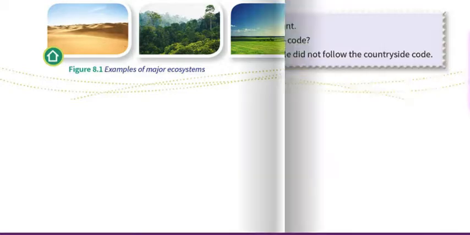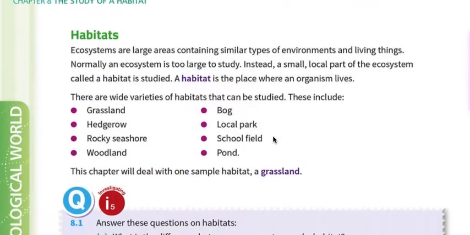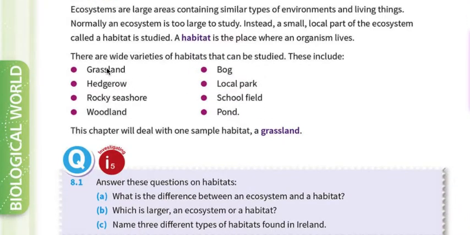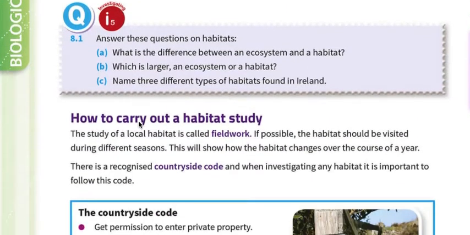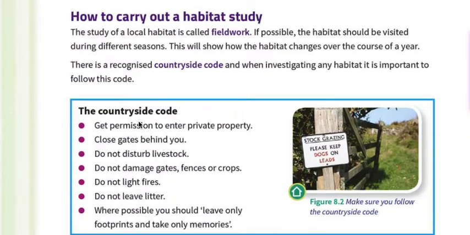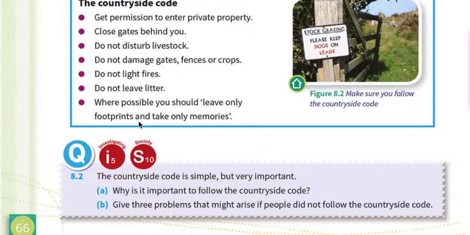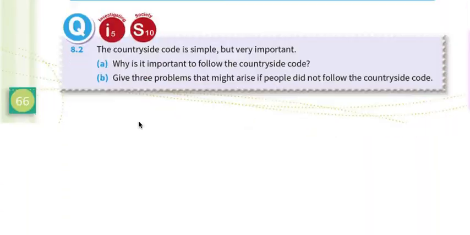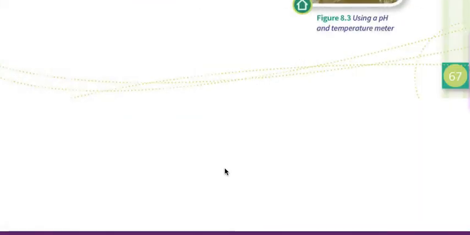So if we just go forward a page there, so the different habitats that we're going to look at. So this would be us here, the grassland or the hedgerow. So you can go through this yourself, what procedures we have to follow in order to do it safely. So read through the textbook,